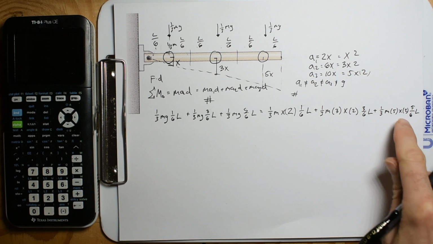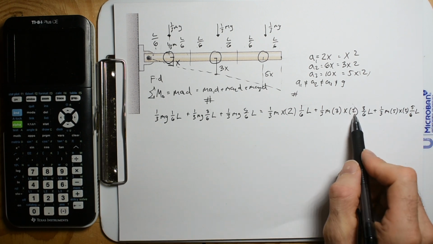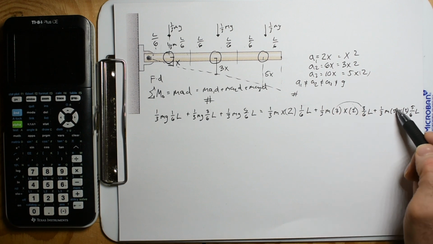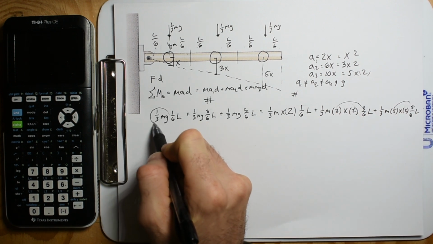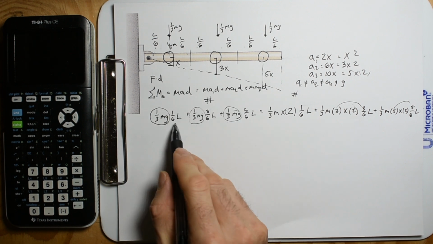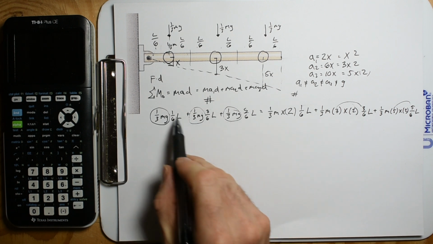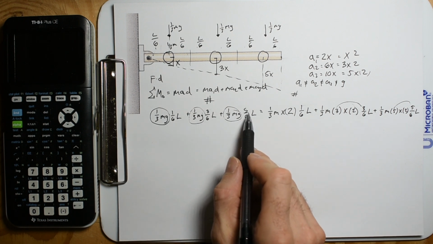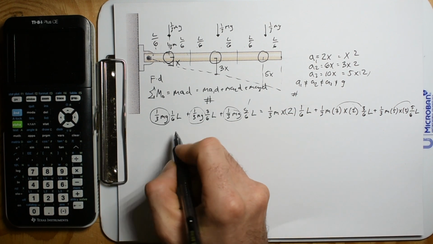Cool. And yesterday I put the 2 in front because if you do this 3, the 3, you see that we have 2 3s right there. We got 2 5s. I guess it really doesn't matter, but similar terms, we have a 1/3 mg on all these. And then we're going to have 1/6 plus 3/6 plus 5/6. The 1 and the 5 add up to 6/6. That's a 1, and then this is 1.5. So we have